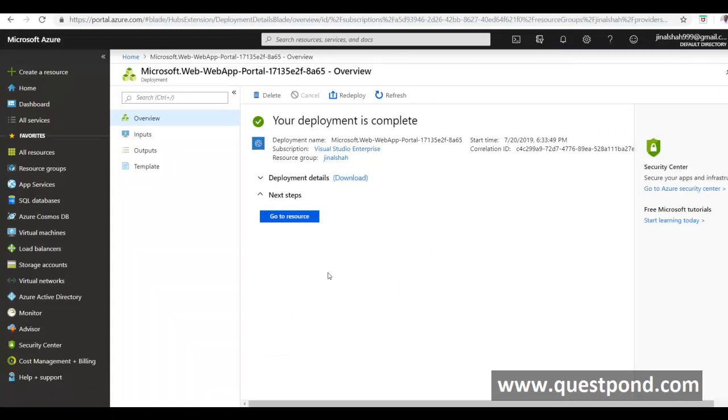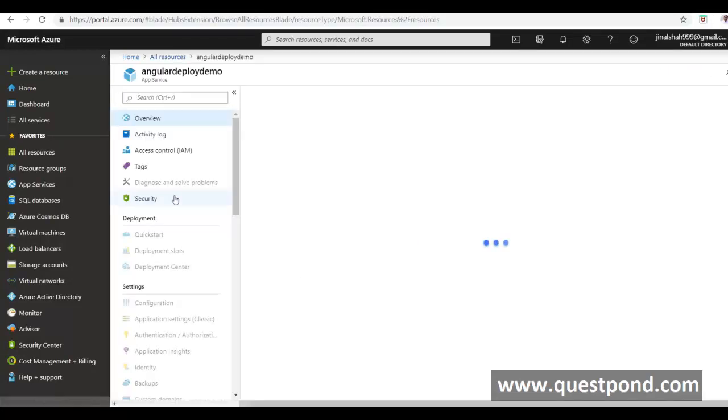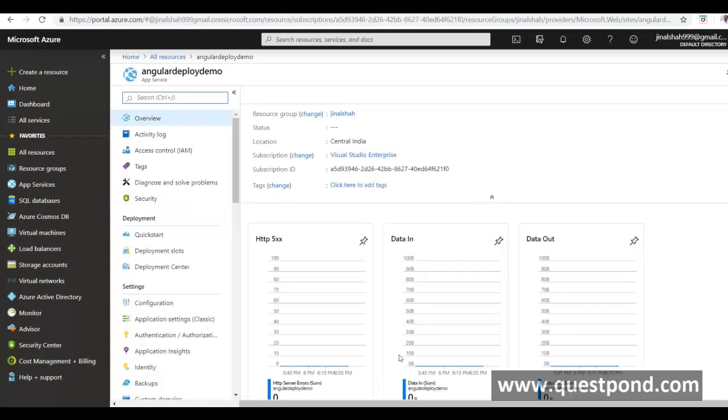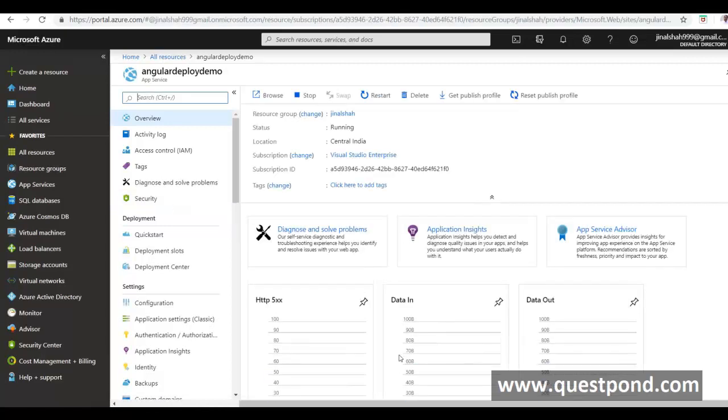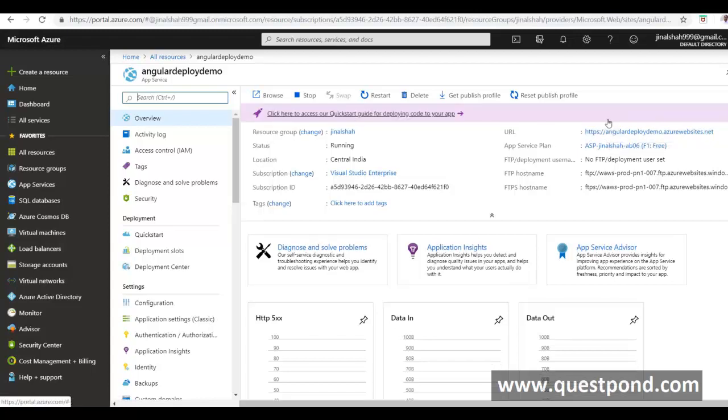Alright, so it has deployed our first service. So now to see that, I'll navigate to all resource groups or all resources, and there we can see it has created our first resource. Now if we click on this Angular deploy demo, we can see the resources it has allocated to my first service. Now it has already created a URL which is angulardeploydemo